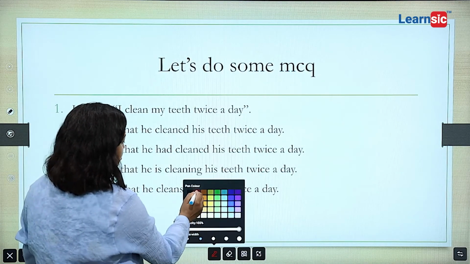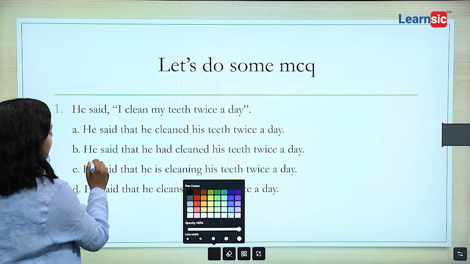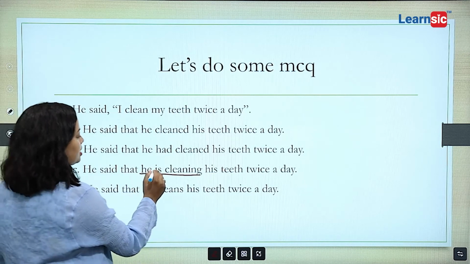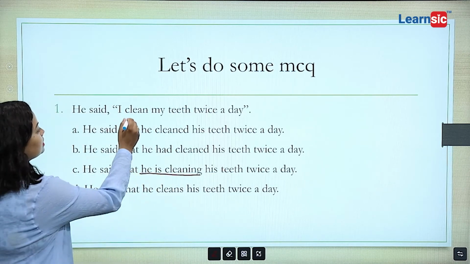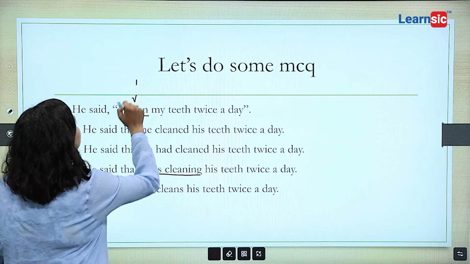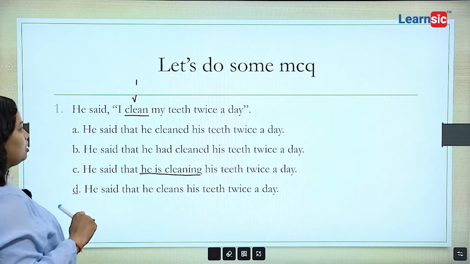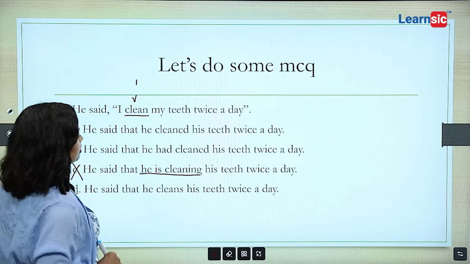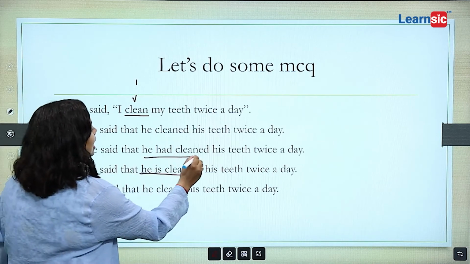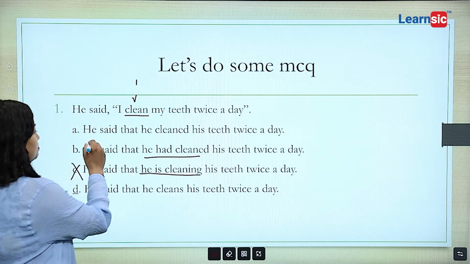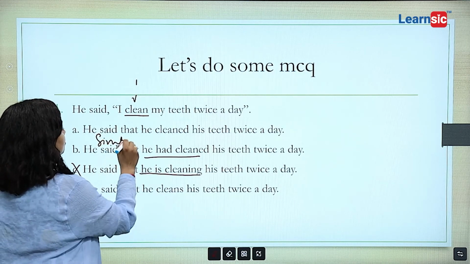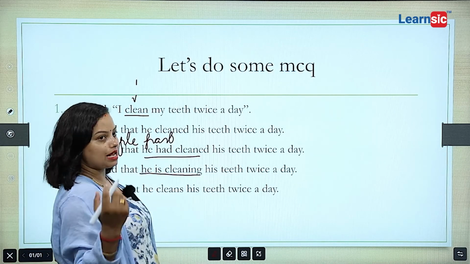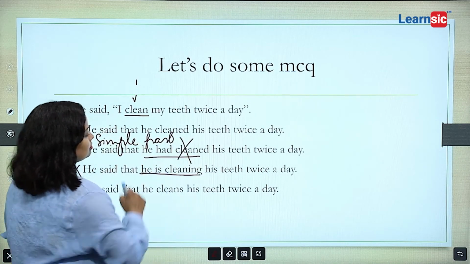to the point. जस्तै he said that he is cleaning, subject plus is/am/are plus verb-ing। यो केमा छ? क्लीन भनेको कुन फर्ममा छ, verb 1, yes or not? क्लीनको आफ्नै रूट फर्ममा छ, ओके। He is cleaning obviously हुँदैन। अब he had cleaned आयो, ओके, सिम्पल पास्टमा छ भने। यदि हाम्रो डाइरेक्ट स्पीच सिम्पल पास्टमा छ भने मात्रै we have to change it into past perfect, त्यसैले यो पनि हुँदैन।